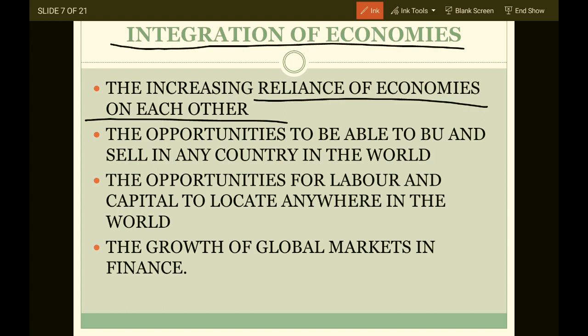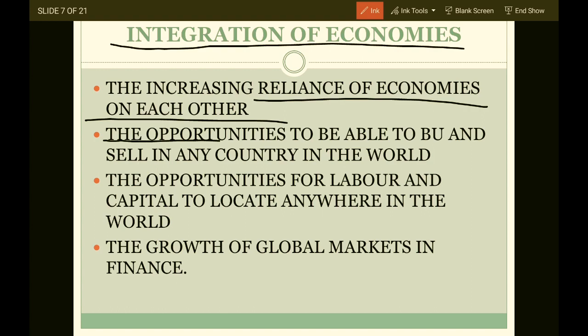We are not self-reliant. We are not just consuming the products of our country; we are consuming products from foreign countries. Take an example like Shein, online shopping. That's a Chinese app. Then you have Club Factory. That's a Chinese app too. So what is this? We are not just consuming our products, we are consuming the foreign country's product. So there is an integration.